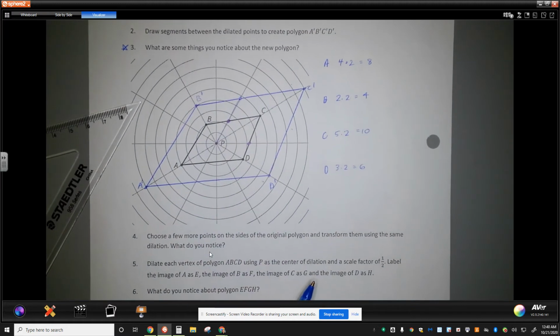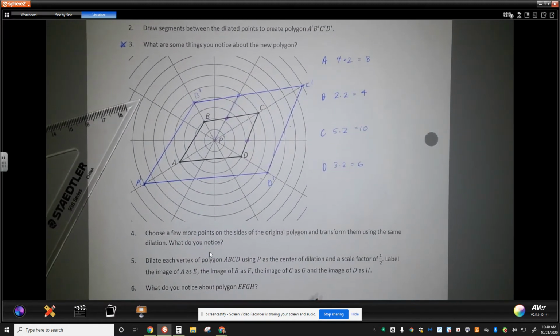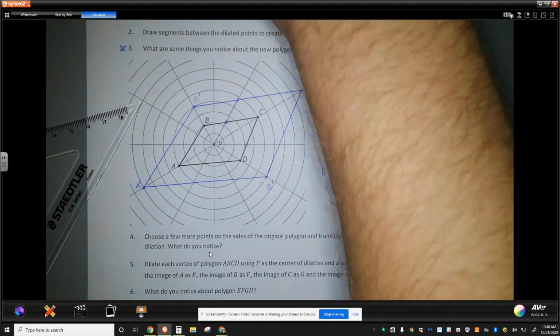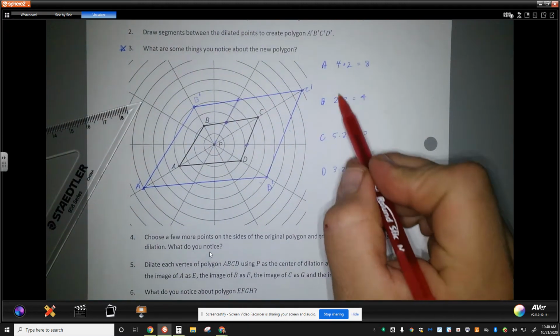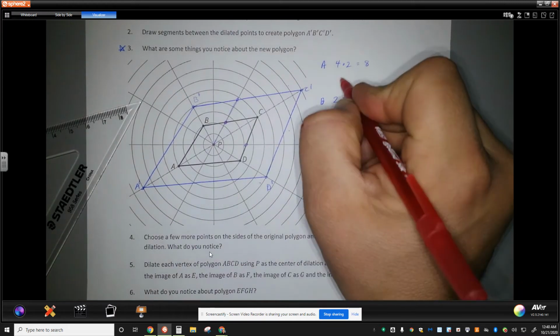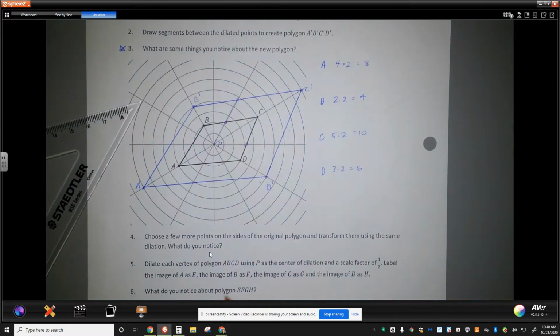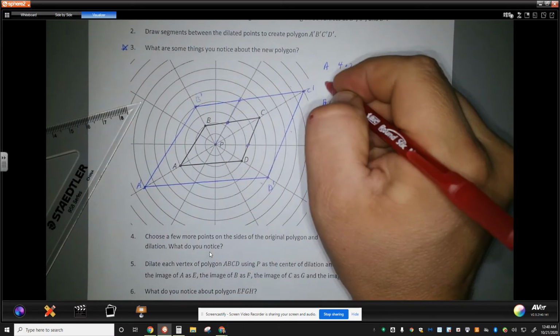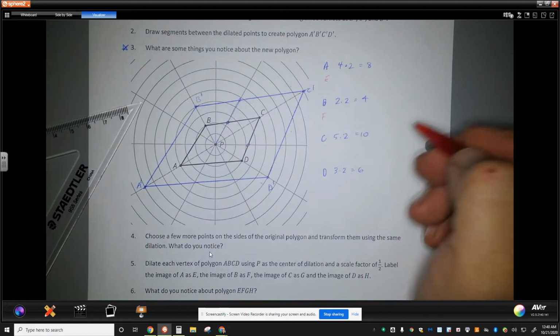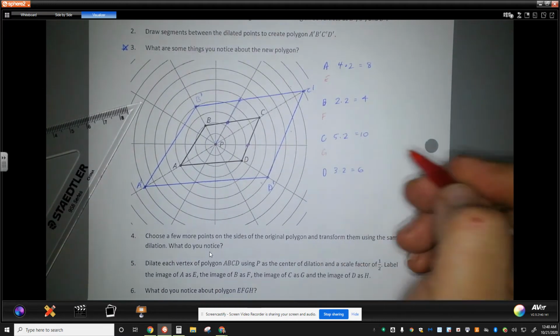Number 5, we're supposed to dilate each vertex of polygon ABCD using point P as the center, but this time we're going to use a scale factor of 1/2. That means that original length that we had of 4, 2, 5, and 3 is now going to be cut in half. So A is going to turn into E, B is going to turn into F, C is going to turn into G, and D is going to turn